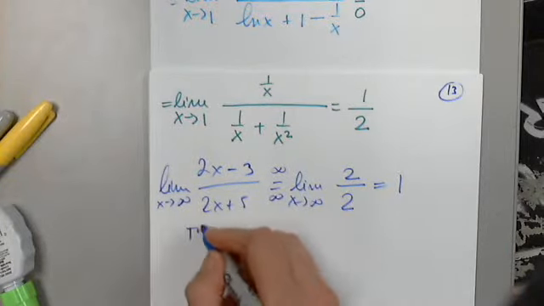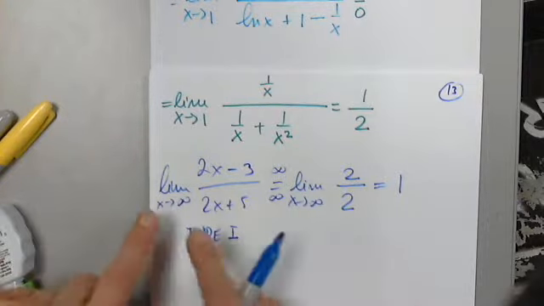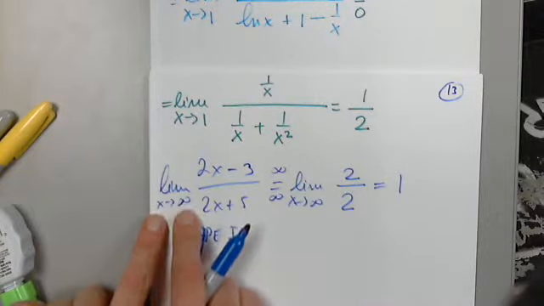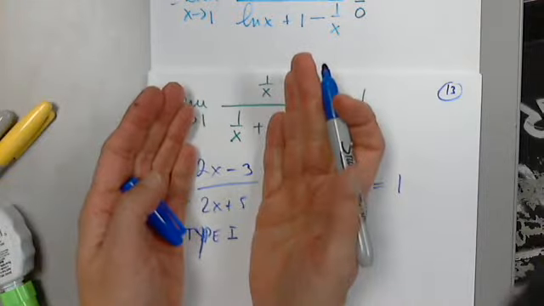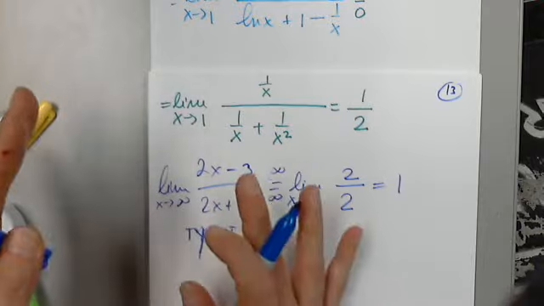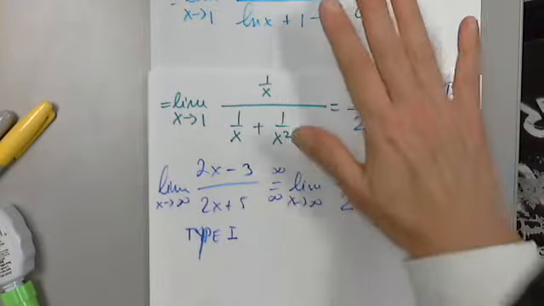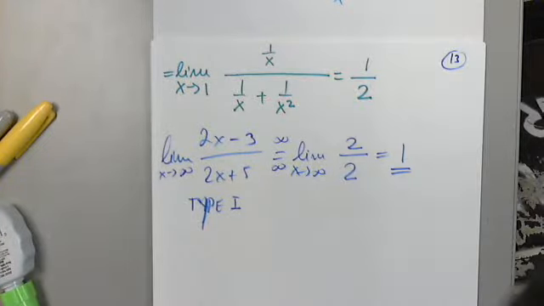Or, I remember that this is type 1. Every time I try to determine the limit as x approaches infinity from type 1, it's always the leading coefficient over the leading coefficient. But you don't have to memorize that, because now we have L'Hopital's rule and we can always determine it. Very good question. Anything else? Anything else? Anything else? More of a curiosity question.